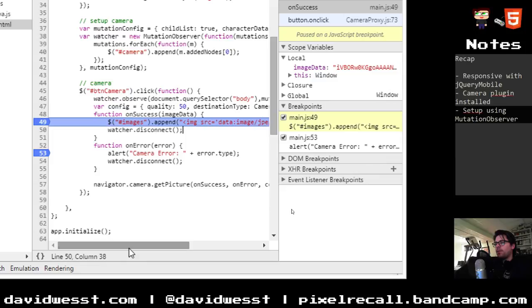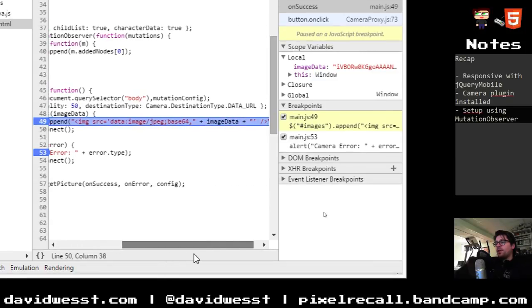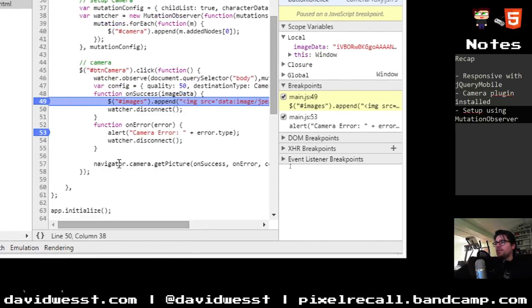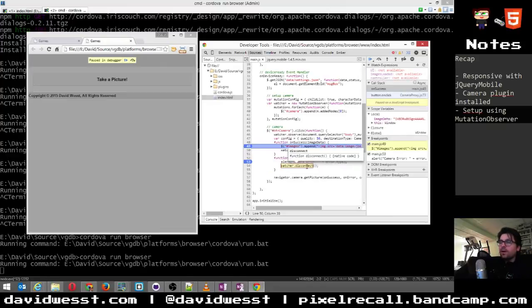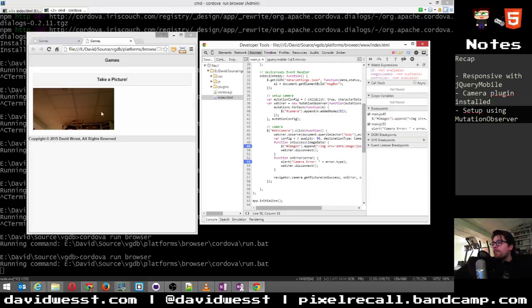So what we can do is, if you look at our code, right? I didn't really walk through it before. We set it as a data URL. So we say data, image, JPEG, base64, comma, that string, and we're done. Like the end. So hypothetically, this should take an image and add this image tag to it. So let's zoom out. Push play. Ta-da! Look at that. It is a picture.